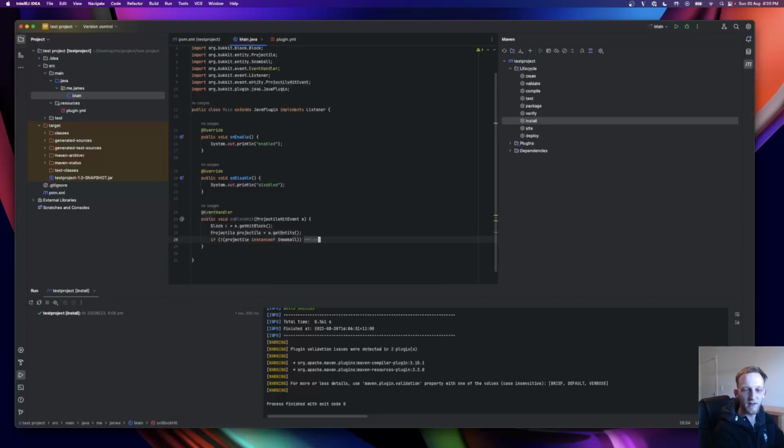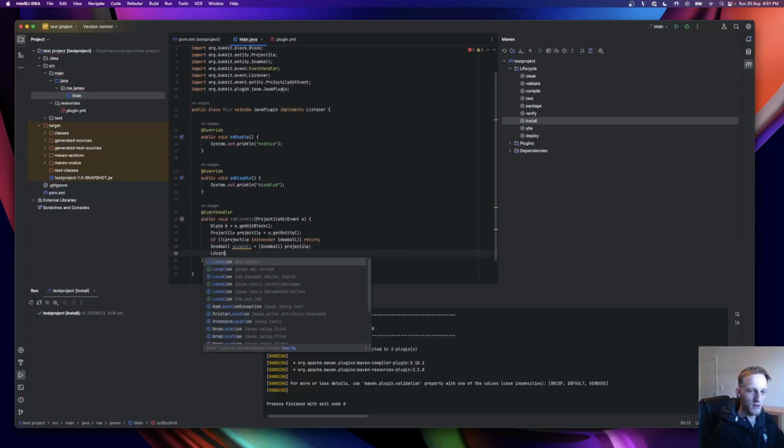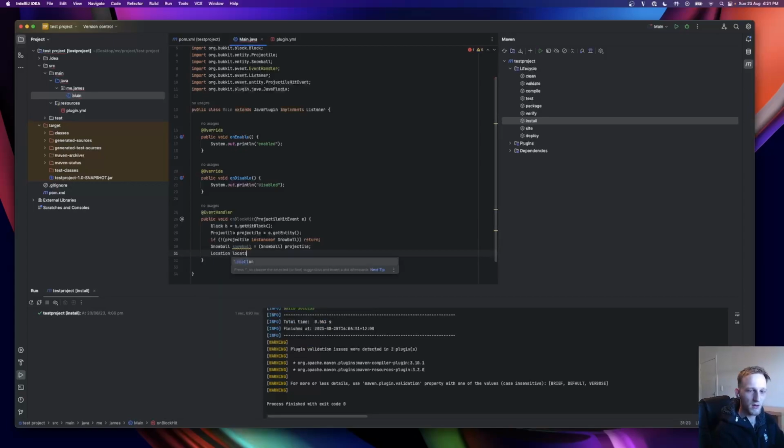And that'll basically stop anything from passing this if it's not a snowball. Then what we can do is cast a projectile to a snowball, which we do by doing this, snowball, and then projectile. So now we know that everything past here, a snowball has hit a block. And then from here, we can get the block's location, or we can get the snowball's location, whatever. But we'll get the block's location, so we'll just get a location, which is again org.bukkit,